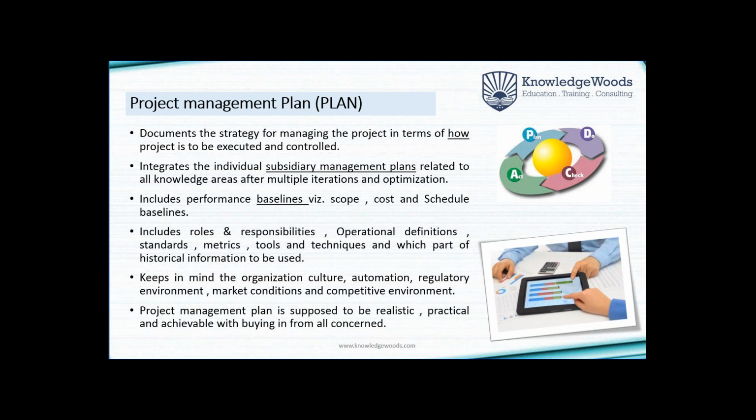So basically, it is not only compiling the individual plans. The individual plans themselves are made after iteration and optimization with each other. So as I was mentioning, you need to make the budget keeping in mind the output of other processes. What type of people you need, what type of time it is going to take, what type of risks are there. But it may also be that you have a limited budget.